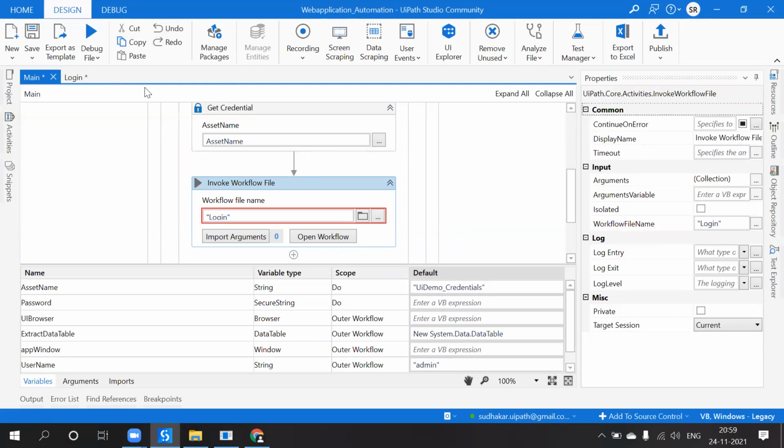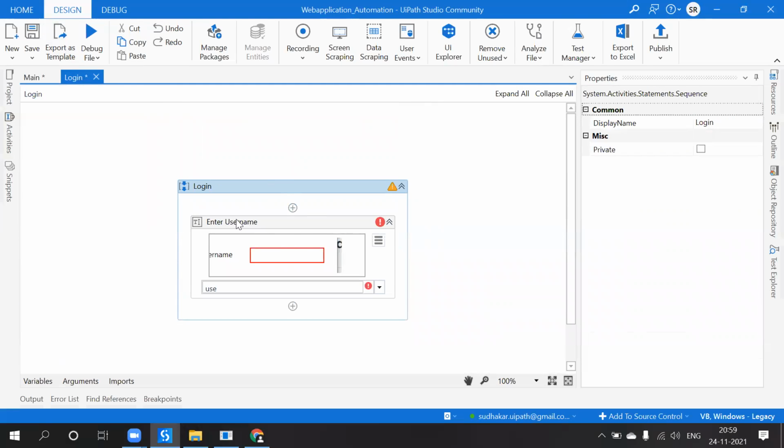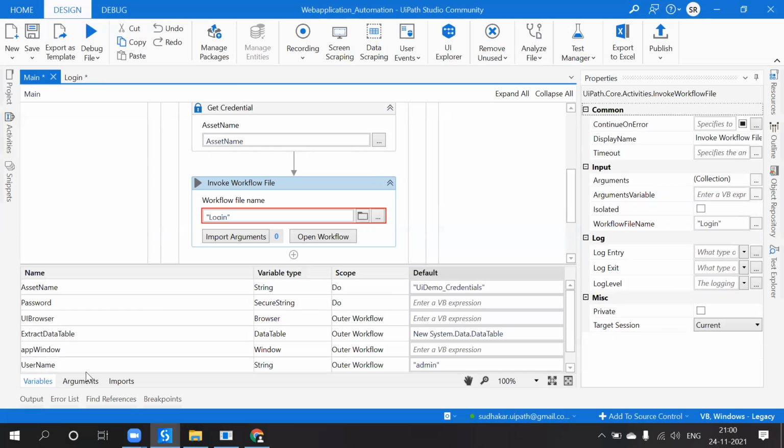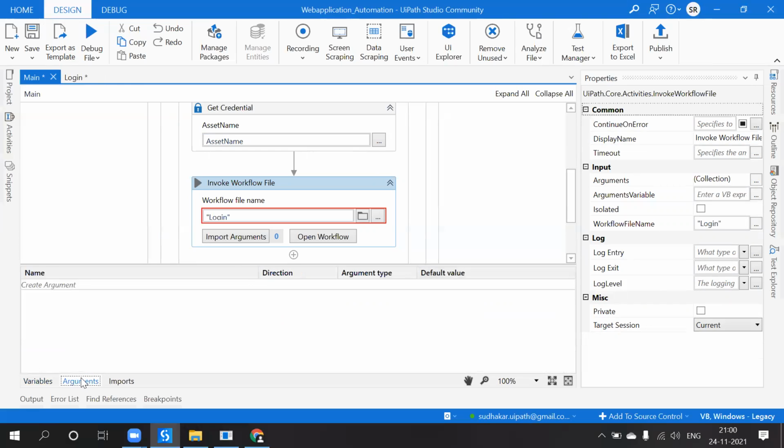Okay, now see, we have to pass username and password into this workflow. So how will we pass it? That is the reason one of the options available here is called arguments.